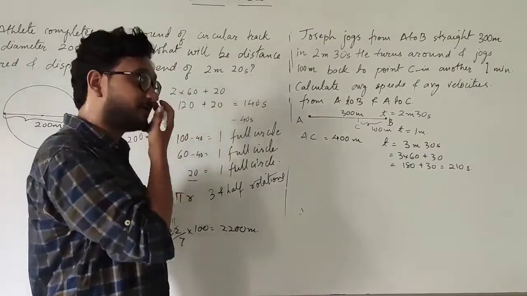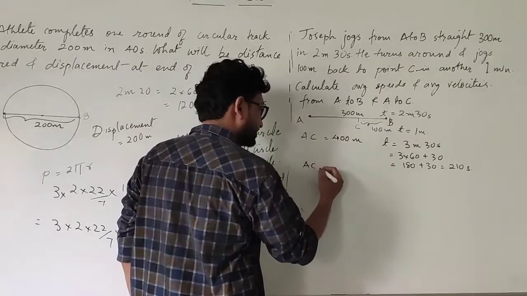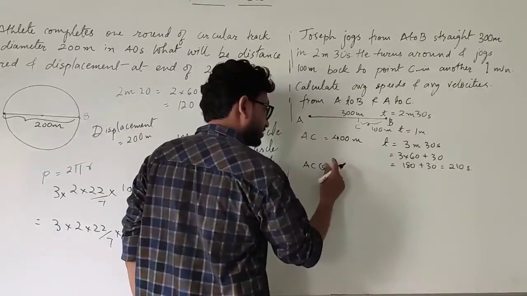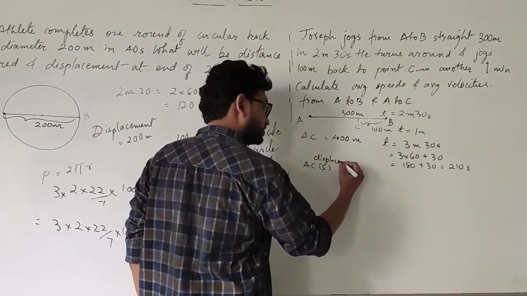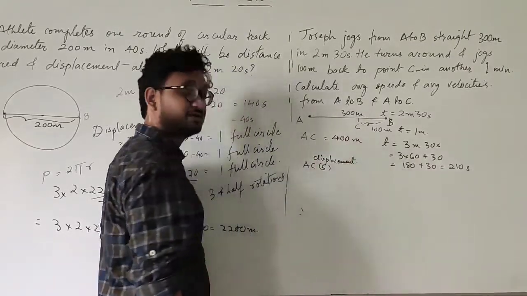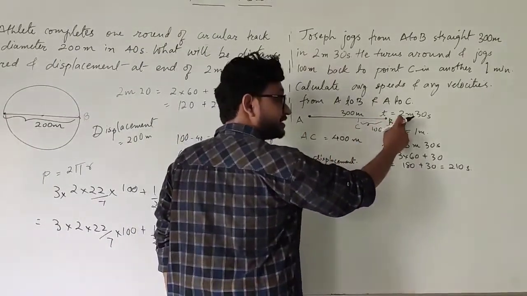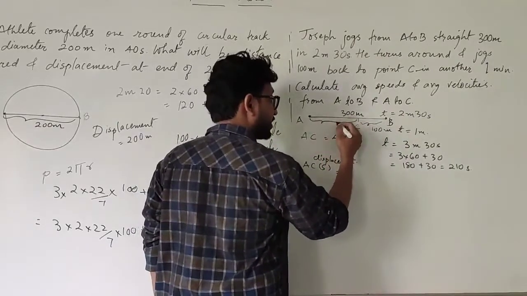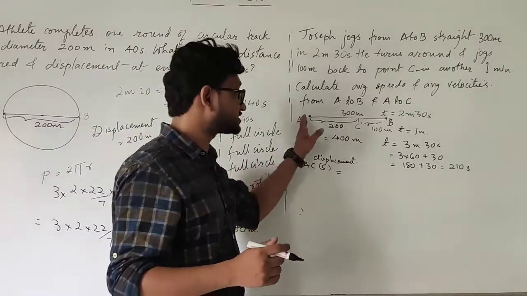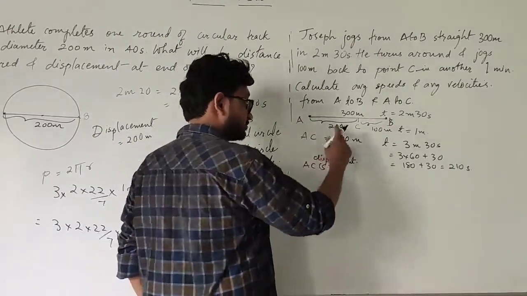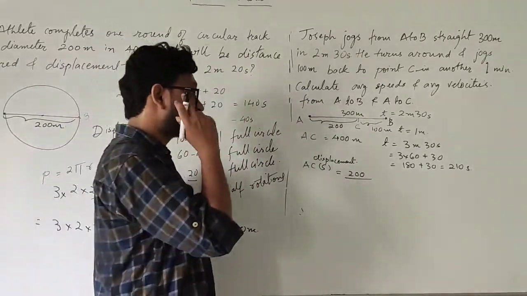Correct? Similarly, over here in displacement, that is A to C, displacement has a symbol S. If you remember, no need to get confused by average speed, so I'm writing displacement as well. A to C: A to B is 300, minus 100. So the remaining is how much? 200. Because from displacement we see the shortest distance from the initial point to the final point. Okay, displacement is 200, and we need to find the time.